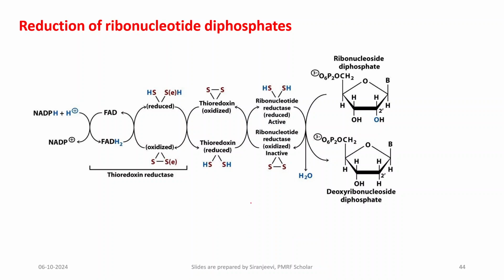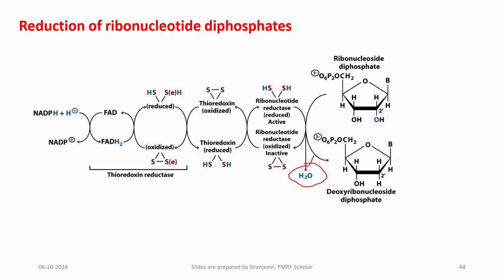So how does it happen? This ribonucleotide reductase enzyme will reduce the ribonucleotide diphosphate into the deoxyribonucleotide. How exactly does it happen? Whenever this ribonucleotide reductase is in the reduced form, it will be converted to the oxidized form, which is inactive. So this H2 and this O will be combined and then excreted as H2O. This oxidized form should be reversed back to the reduced form